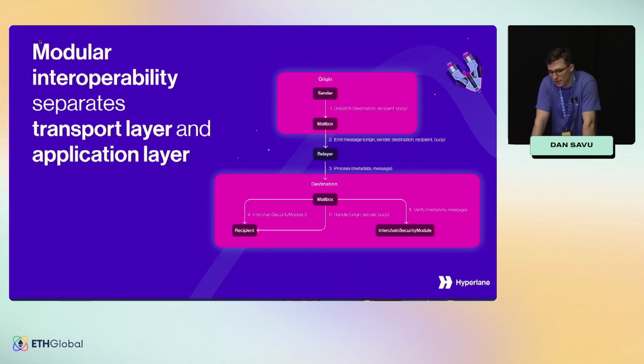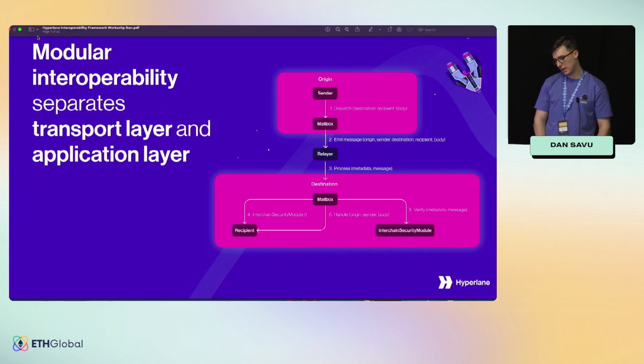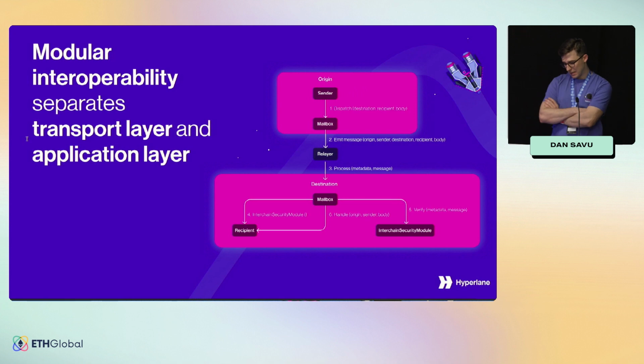At a bit of a lower level, say you're on an origin chain and want to send a message to a destination. What you do is you call a contract we call the mailbox. You tell it the destination chain, the recipient, and the body, which can be anything, like a bunch of bytes. It could be an encoding of your choice. Then there's a relayer that indexes that mailbox and will see, hey, there's a new message going in a certain direction. By the way, the relayer is permissionless. And it will call the mailbox contract on the destination chain.